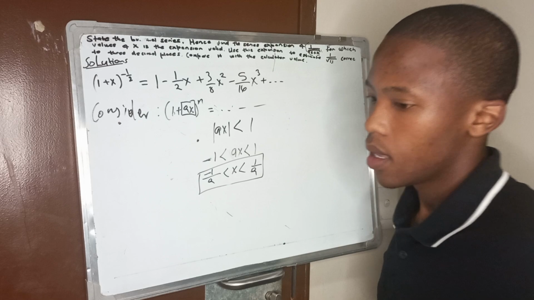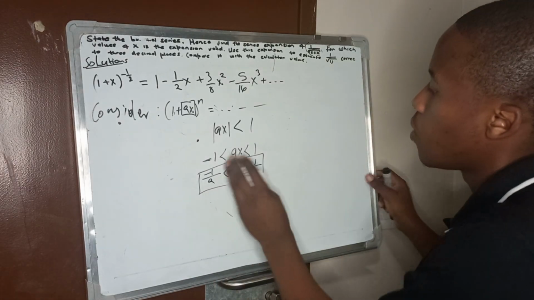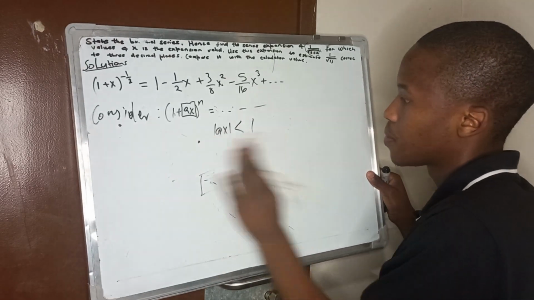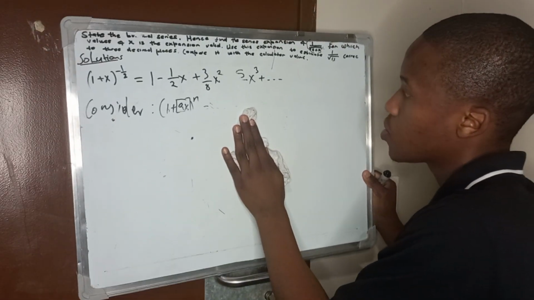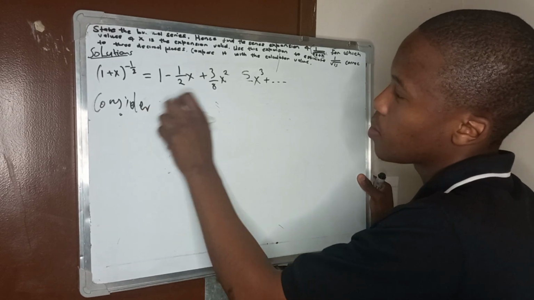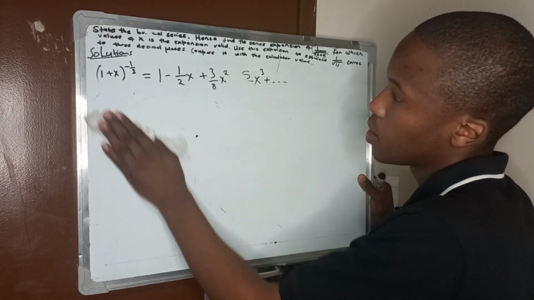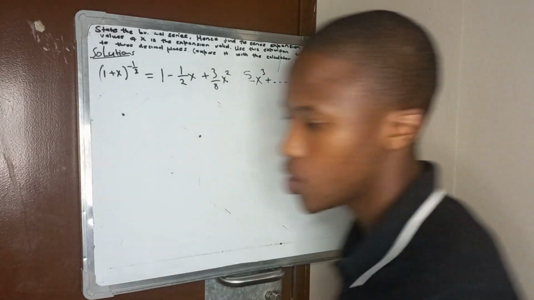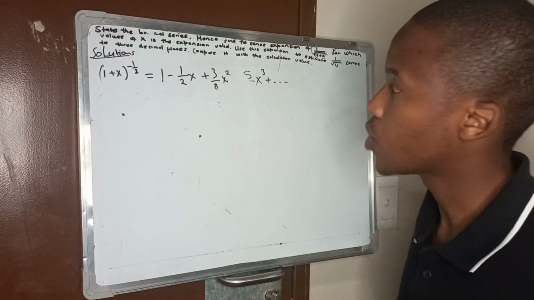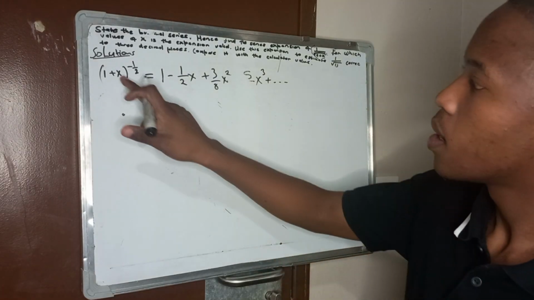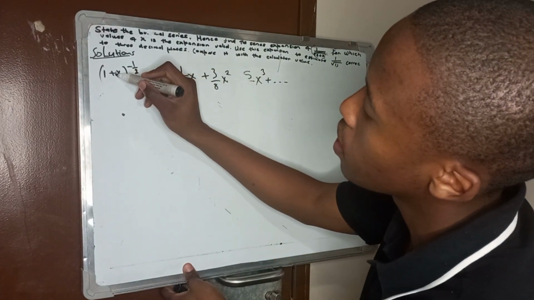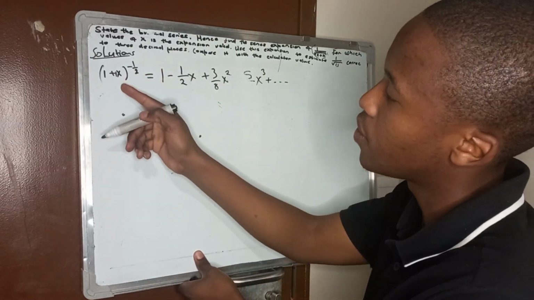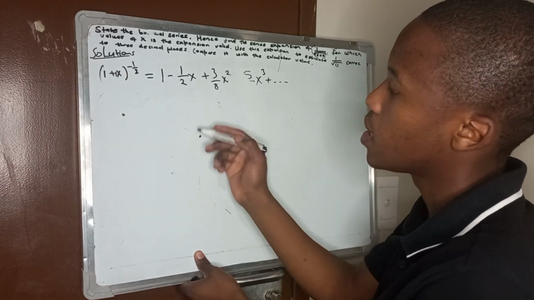Okay, let's go back to our original problem. This is the formula. Make sure you write this down. Make sure that you have your calculator with you. Okay, now here our a is 1, right? So the values of x where this expansion is valid